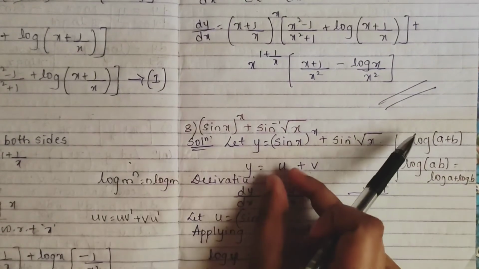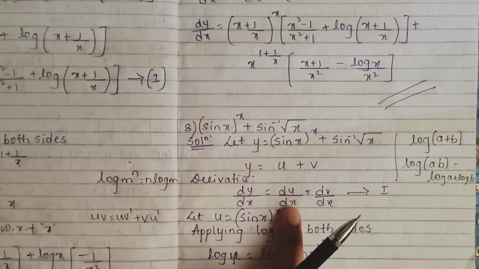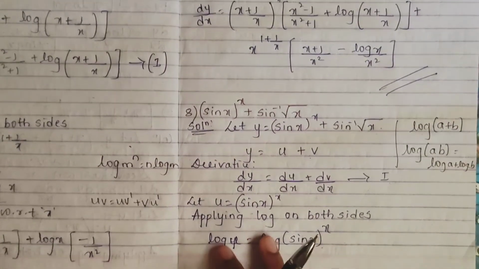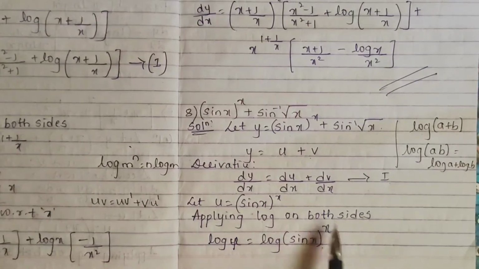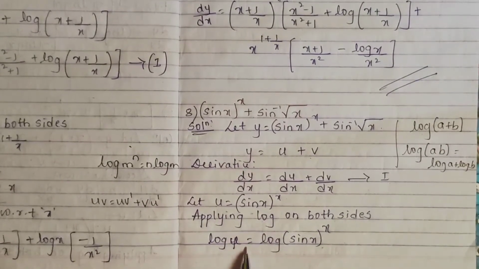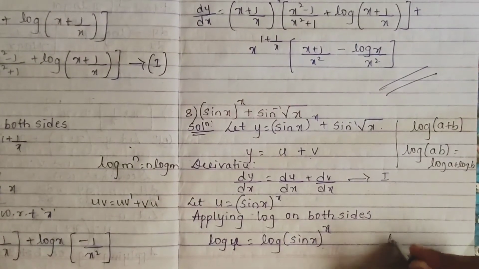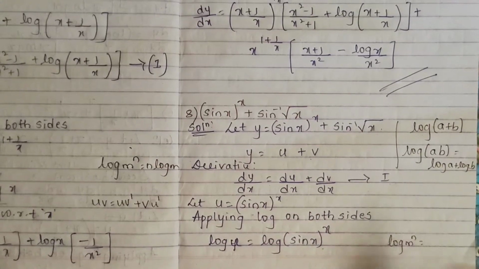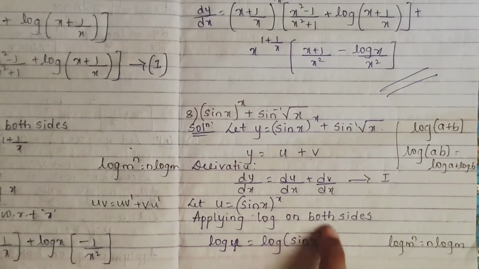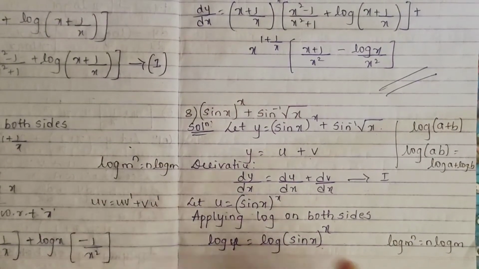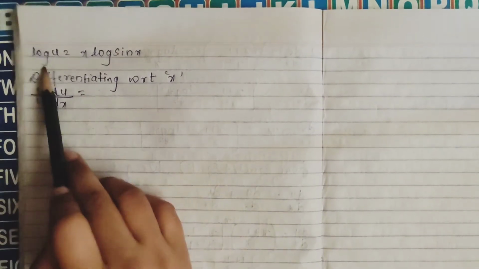Now first we'll consider our u, applying our log on both the sides, differentiating it and finding our du by dx. Okay. So we are proceeding. Let u is equal to sin x raised to x, applying log on both the sides. So you get log u is equal to log of sin x whole raised to x. So here which property will apply? Log m raised to n identity is what? n log m. So same way your x will be here, it will be x log sin x. Then we will do the differentiation. So we have written it, log u is equal to x log sin x.